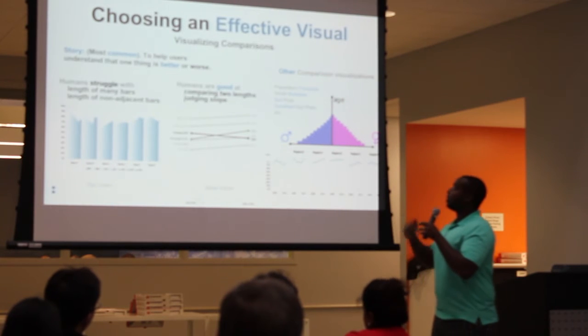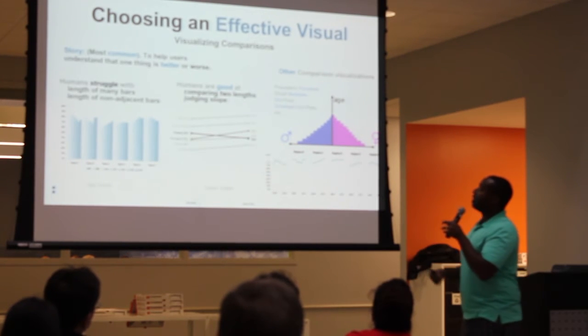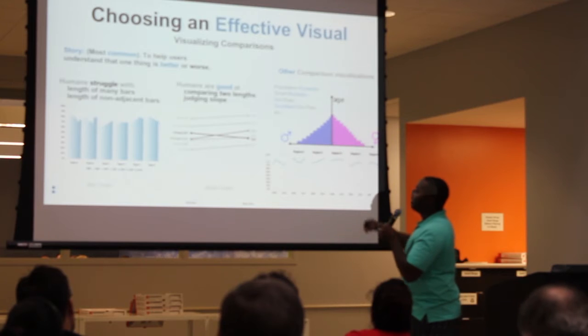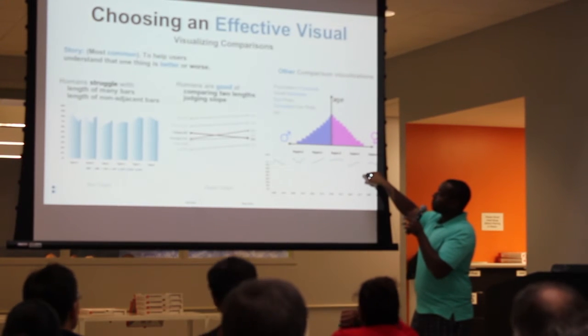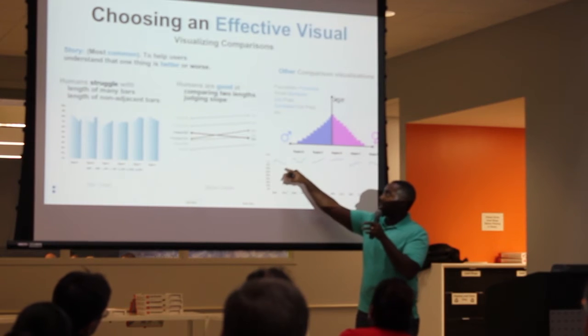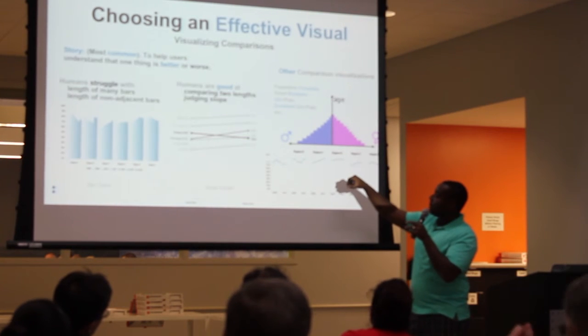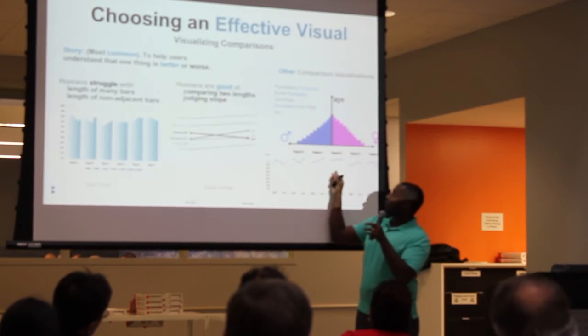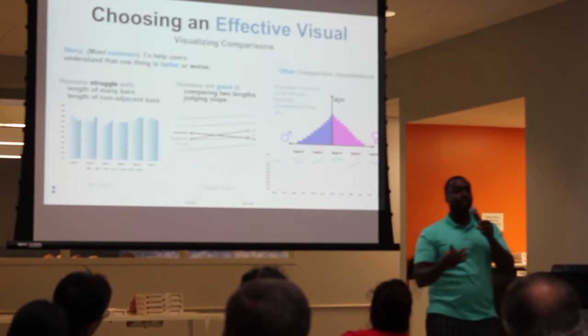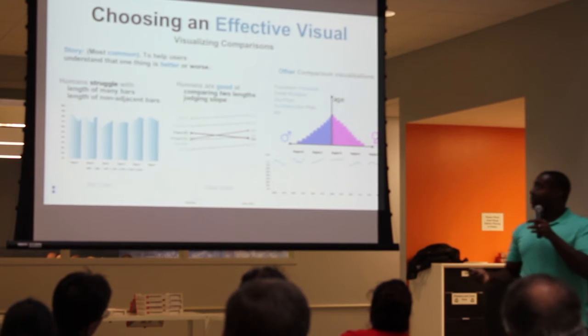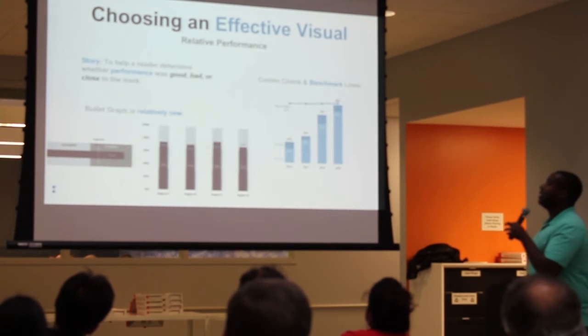There are some other comparative visualizations as well, like population pyramids. This is a nice one as well that I recommend. You have something like a line chart or dot plot, but instead of putting these all in one graph, you just have a series of them. It's a lot easier to compare.